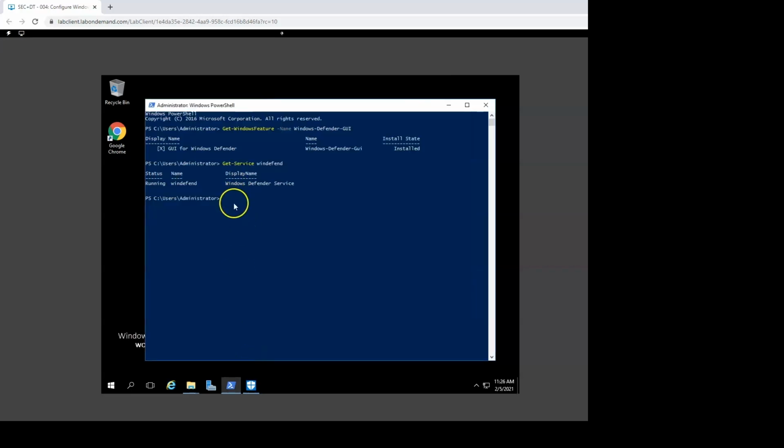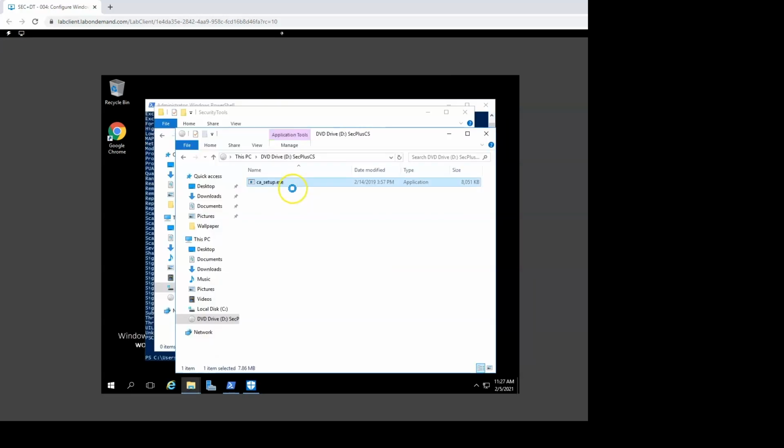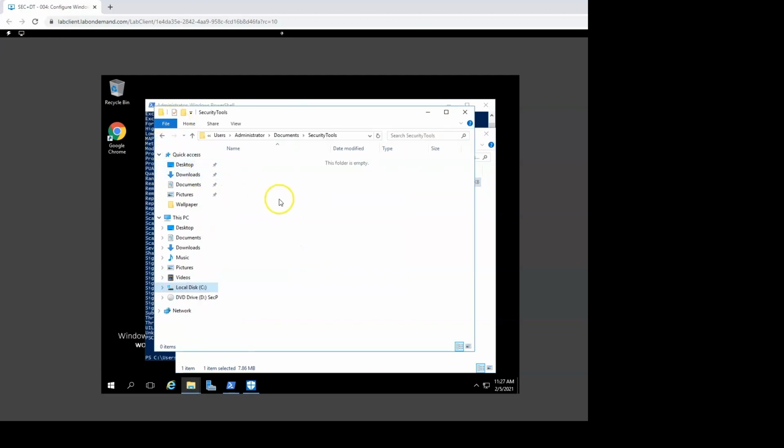All right, so now we're just going to copy and paste that file I mentioned into our Security Tools folder. So we're just going to grab that Kn-Enable executable. We're going to paste it in there. Typically, if Windows Defender was scanning this folder, it would pick up on that and say, wait a minute, that looks potentially dangerous. But since we went ahead and added that exclusion, it's not picking it up under the Security